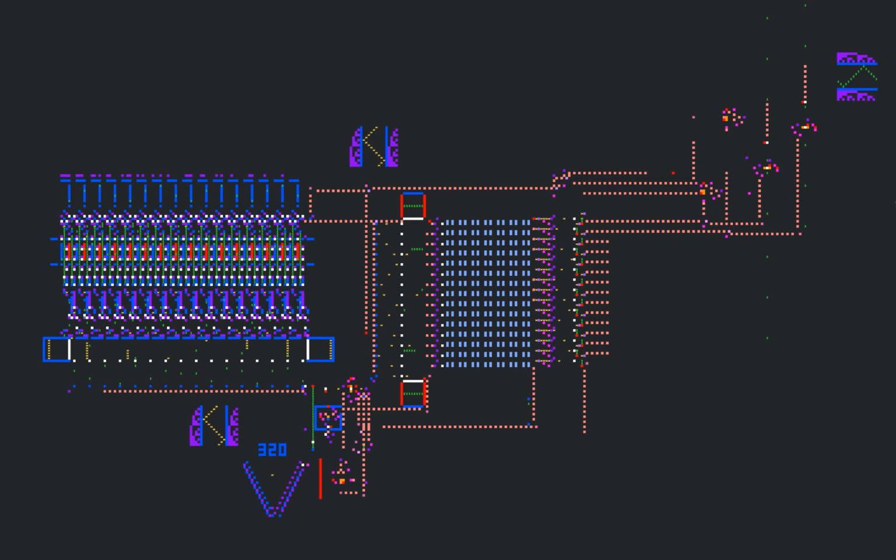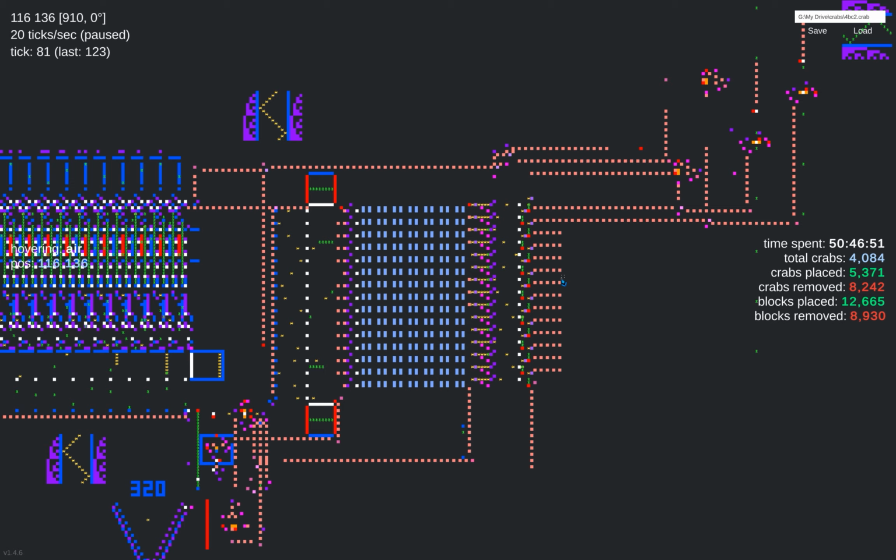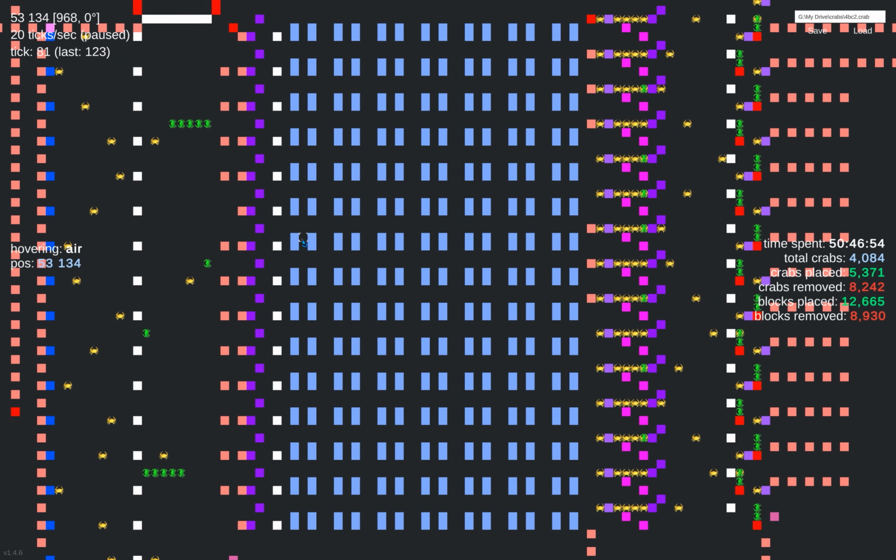I was just working on my crab computer and suddenly rule 90 emerges out of nowhere. I was working on this component here and it's made up of merge blocks, which is something I talked about in a recent video. Basically, one of these lines is meant to turn one crab into 8, which are evenly spaced out. Then I can use 2 of these to turn them into 16 and put them together into